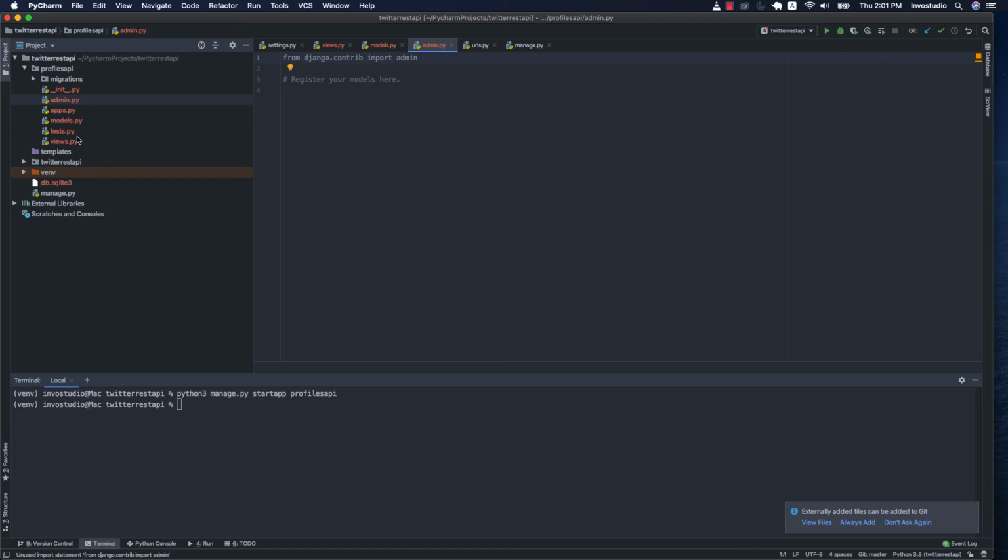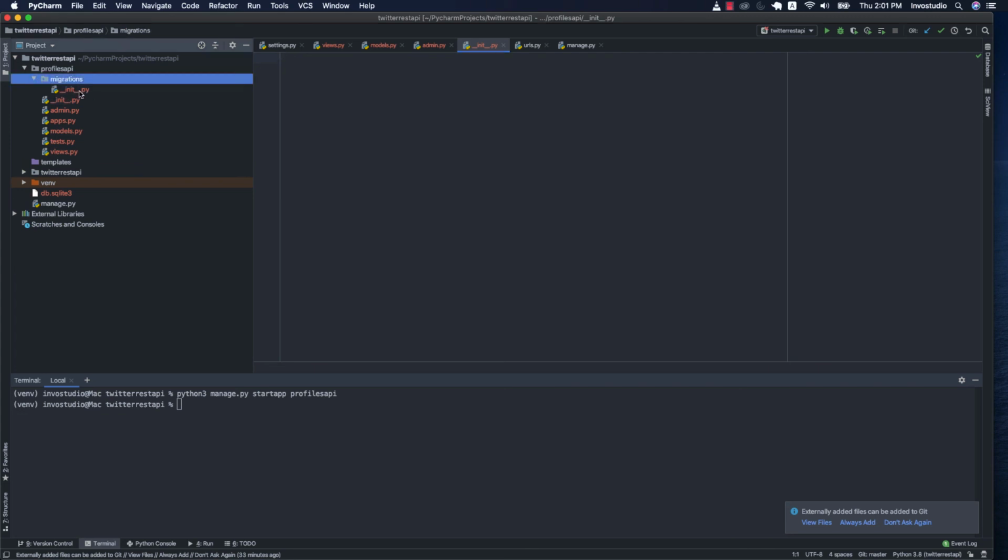And we can see there is an __init__.py which helps to initiate these applications. There is a migrations folder in which we will do the migrations. So now you can see we have created this profiles_api application, and now we will